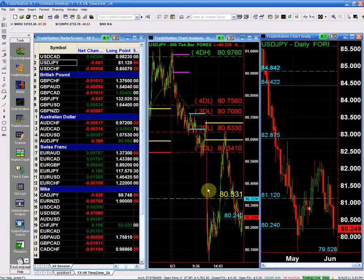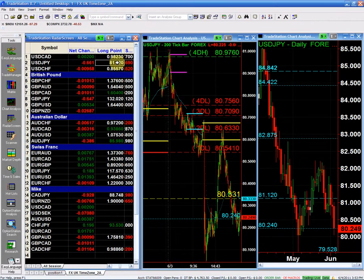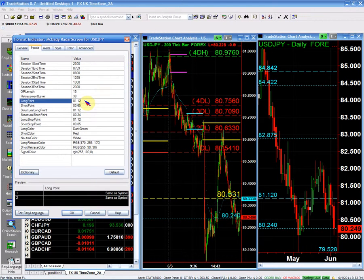So in this case I'm going to do exactly what I did with the Aussie yen. It's going to be the 80.24, and we're going to see how it works next week with both the Aussie yen and the dollar yen. Okay, and that's it. Again, be reasonable, use common sense, give it a few pips on either side of the